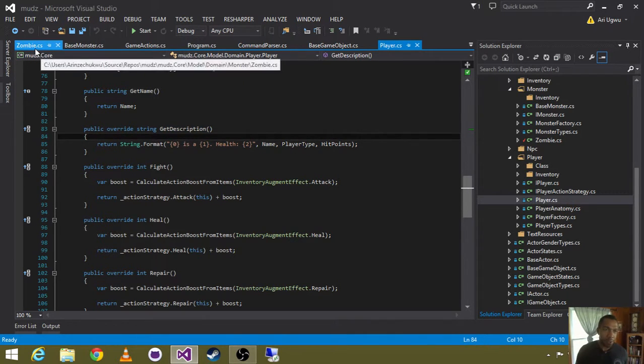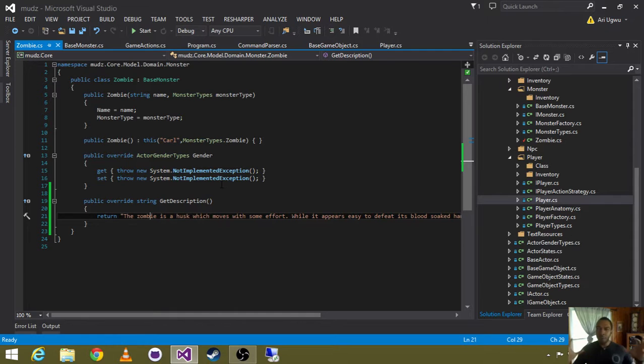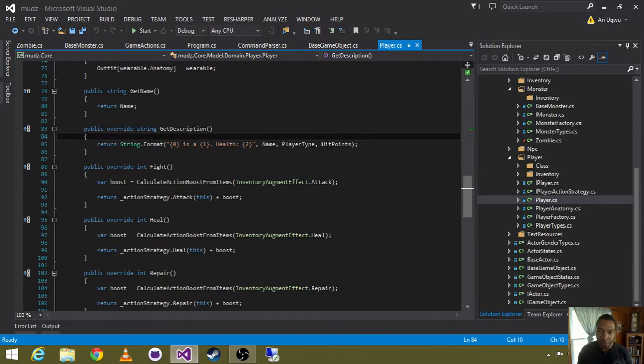Let's do it twice. Trying to figure out a way, like, how did I want these descriptions to compose themselves? I was trying to think for a second how I wanted them to compose themselves, because with the description, I definitely want to have a description and then maybe the hit points every time, but not for all things, right? Like, maybe I don't want to see hit points for a pot. But, you know what? Let's just do it and we'll tackle